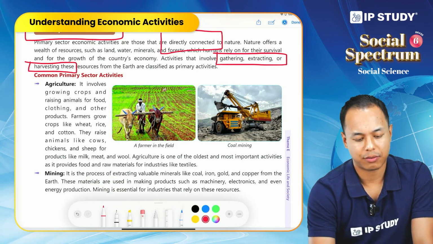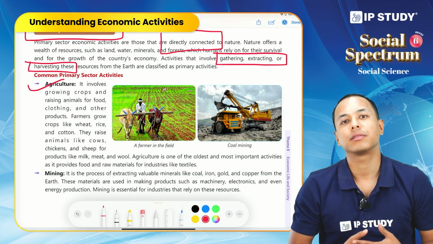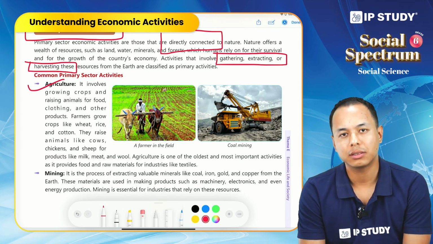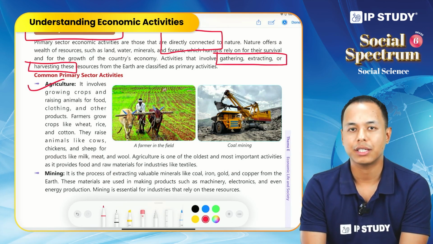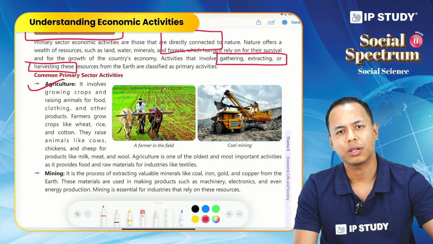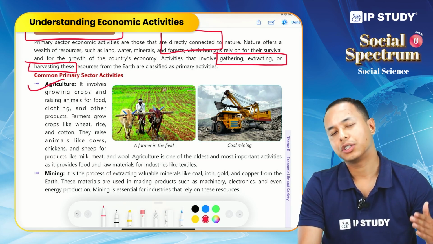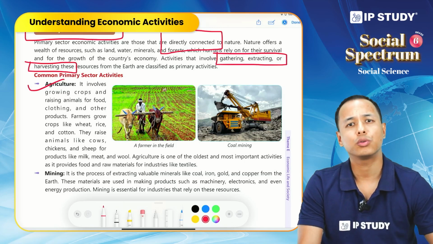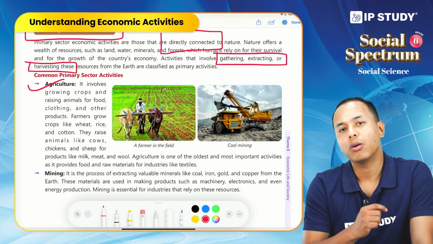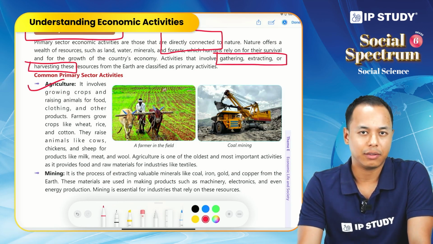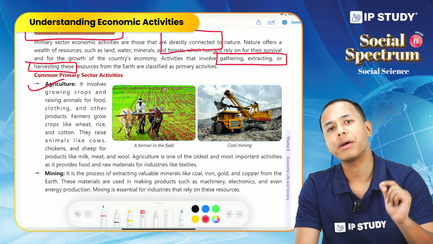Firstly, it's agriculture, right? We all know what agriculture is. Agriculture involves growing crops and raising animals to get their products. We grow different types of crops like wheat, rice, millets, cotton and so on. At the same time, we also raise different types of animals, such as goats, sheep, cows, buffalo and so on, to get their products. One thing we should know is that agriculture is one of the oldest and most important economic activities, and it provides not just food but also raw material for other economic activities.